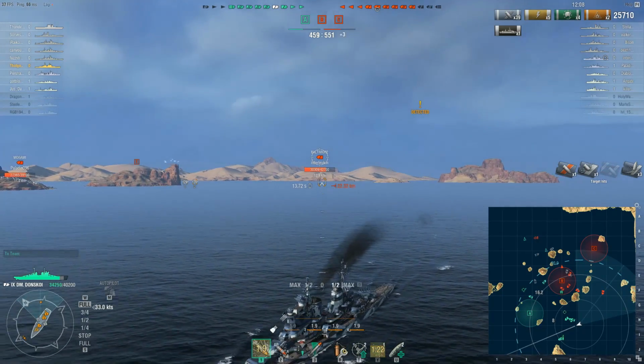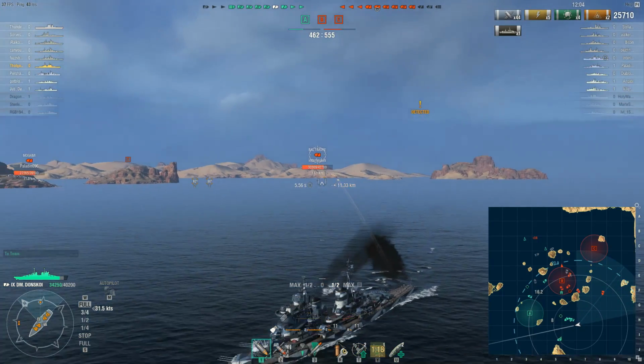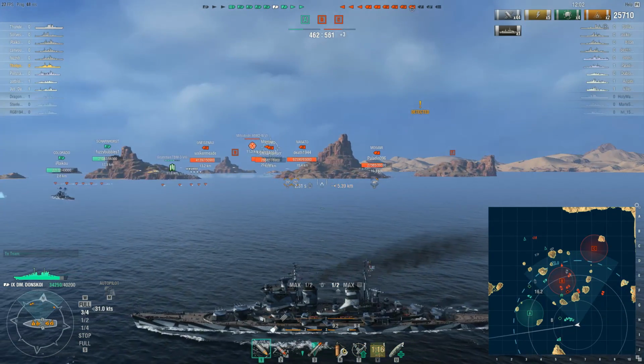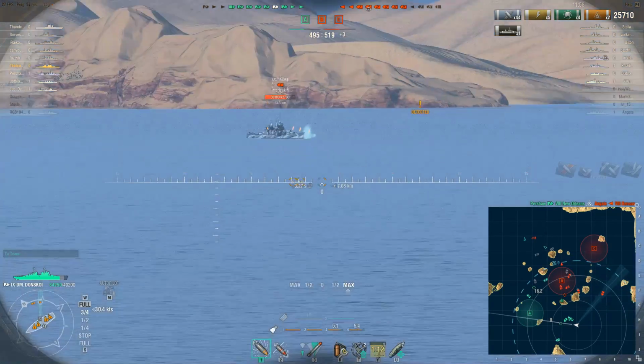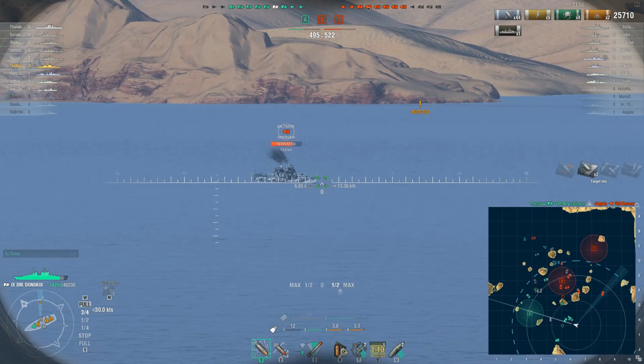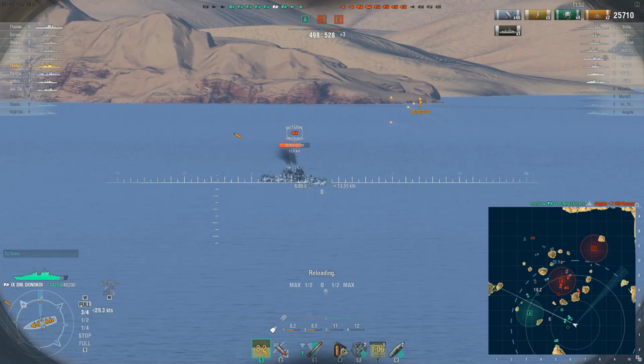Obviously the Baltimore has a really great angle on me right now, so my shots are going to come in, and if they come in too short, they'll hit the front turrets and bounce off. If they come in too long, they'll hit the rear turrets and bounce off. So it's a pretty tricky shot. So instead, switch over to my high explosive, and we'll just start pumping more high explosive into the enemy Baltimore